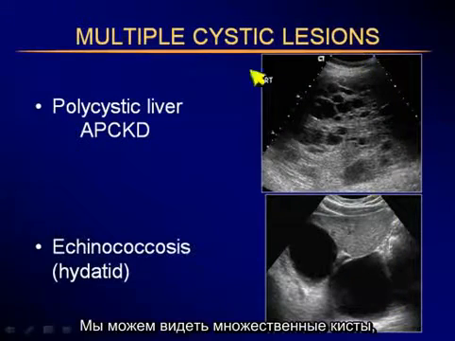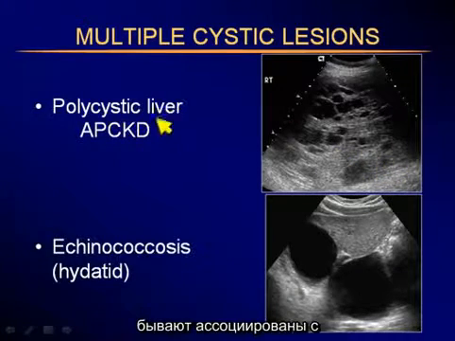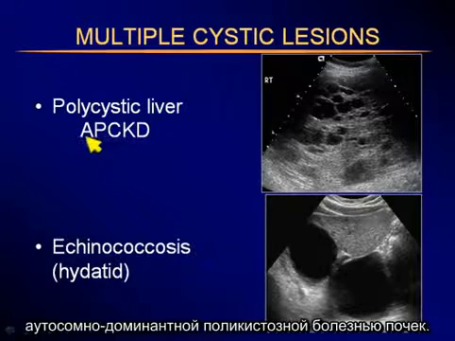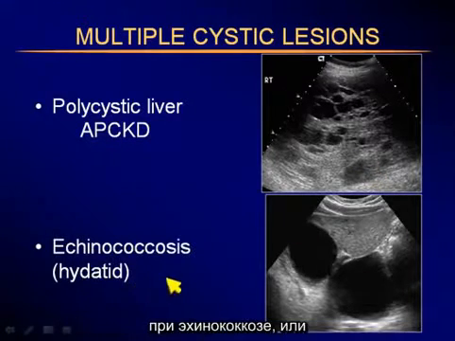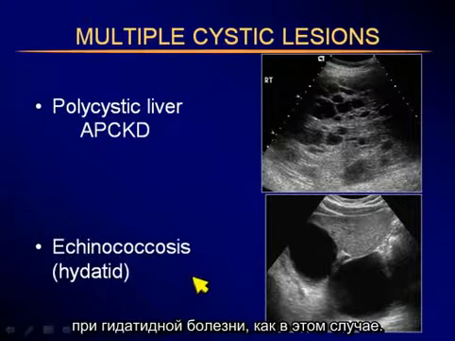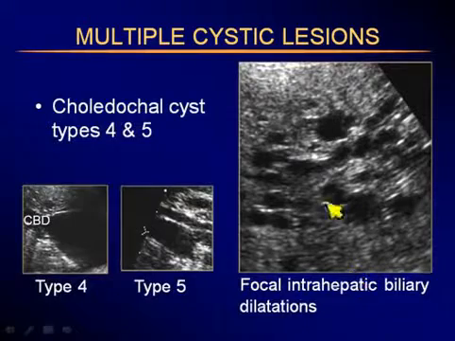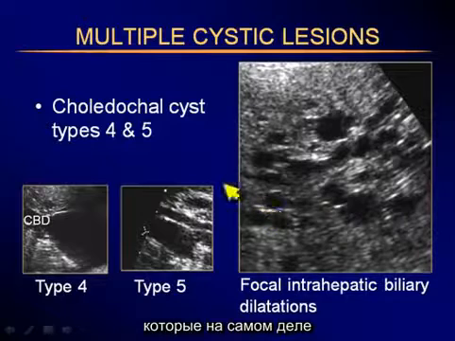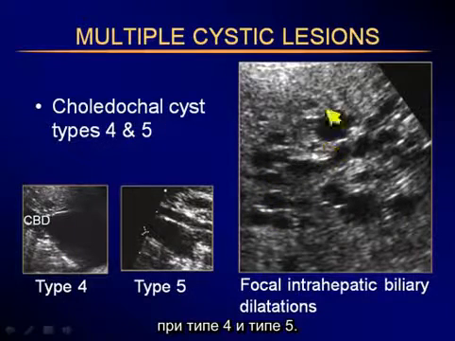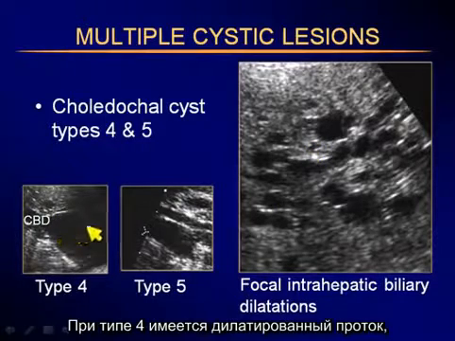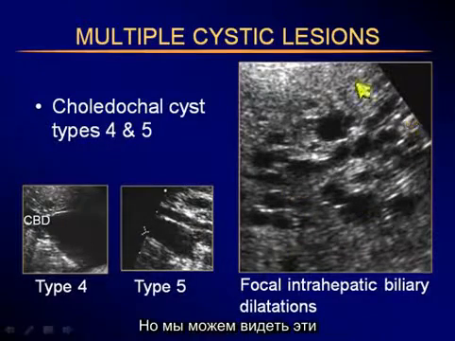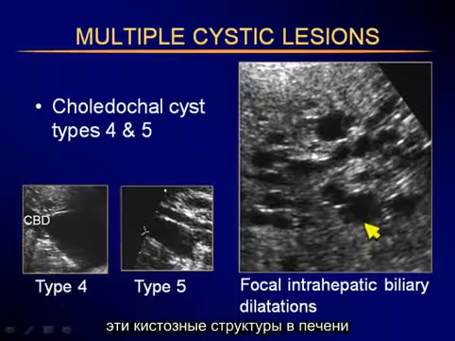We can have multiple cystic lesions throughout the liver. Very often these are associated with adult polycystic kidney disease or the dominant polycystic kidney disease. We could see multiple cysts with echinococcosis or hydatid disease, as was in this case. We can have multiple cystic lesions throughout the liver that are actually choledochal cysts, the type 4 and the type 5. Type 4 has the dilated duct, bile duct. Type 5 has a normal bile duct, but we can see these cystic structures throughout the liver. If we look